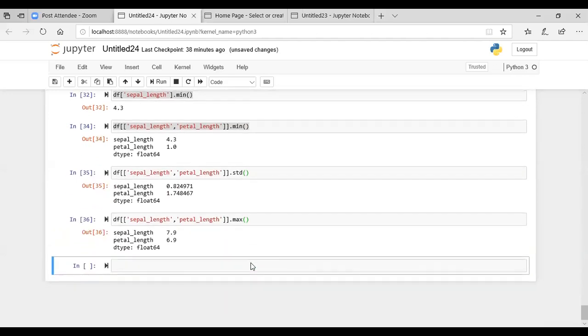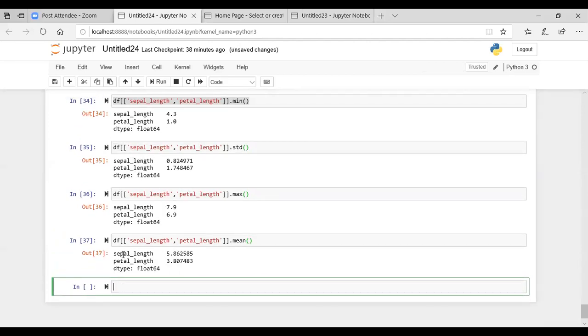So the maximum value from the sepal length is 7.9 and the maximum from the petal length is 6.9. You can determine the mean as well in the same way. So the mean value of the sepal length column is 5.86 and the mean value of the petal length column is 3.80.